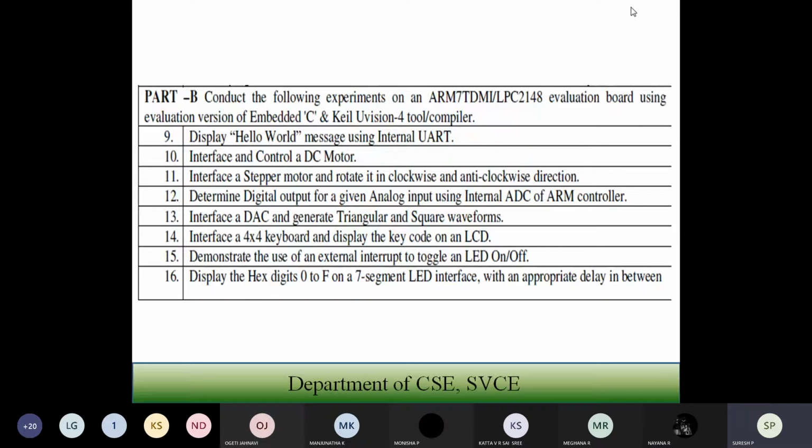In this program, using asynchronous receive and transmit, you are going to send data and receive data. Using that, you transmit through the hardware, and whatever message you get will be displayed on the computer. The message you type will go through the hardware and be displayed on the PC. That is how communication is done in UART, the Universal Asynchronous Receiver Transmitter.